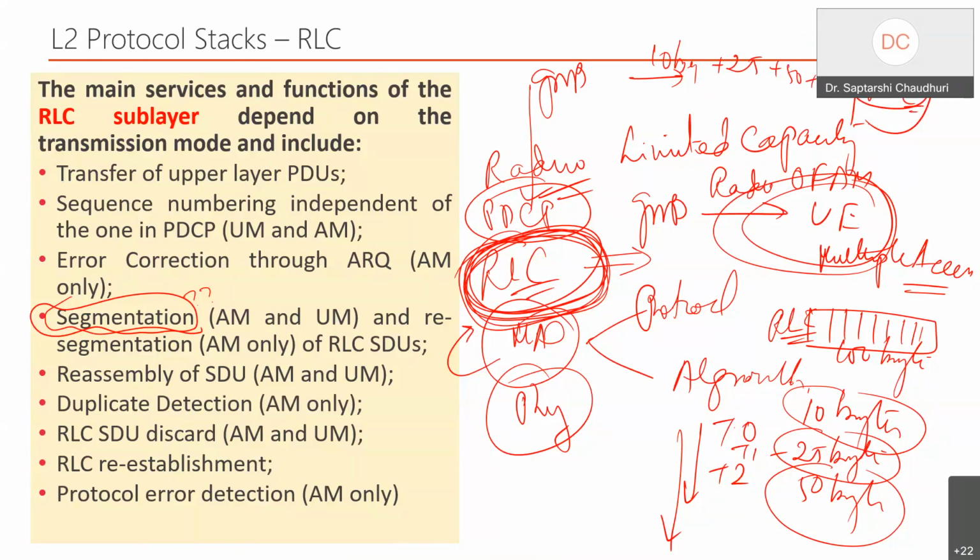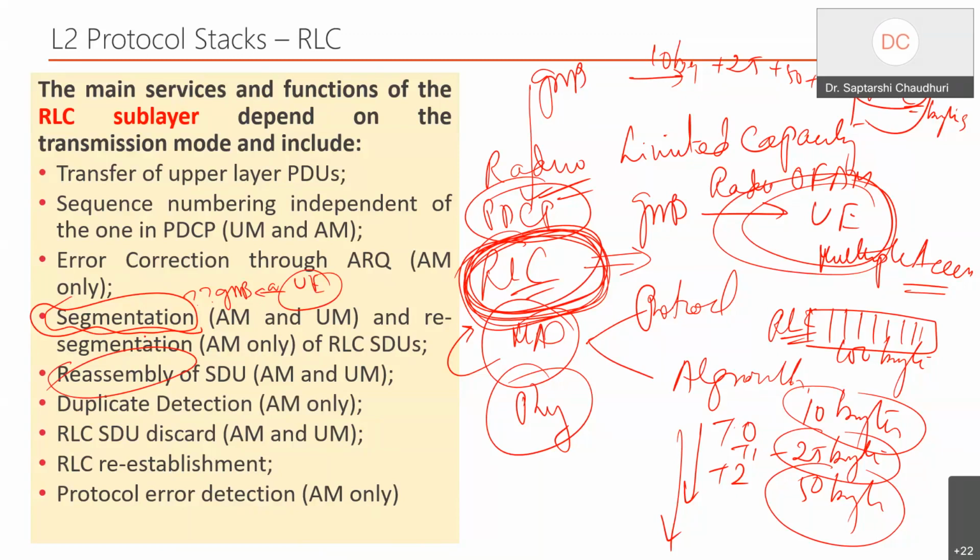Finally, it forms the packet in the device. The segmentation can be done on both sides, the gNodeB or the UE, and the other side will do the reassembly. So this goes hand in hand.